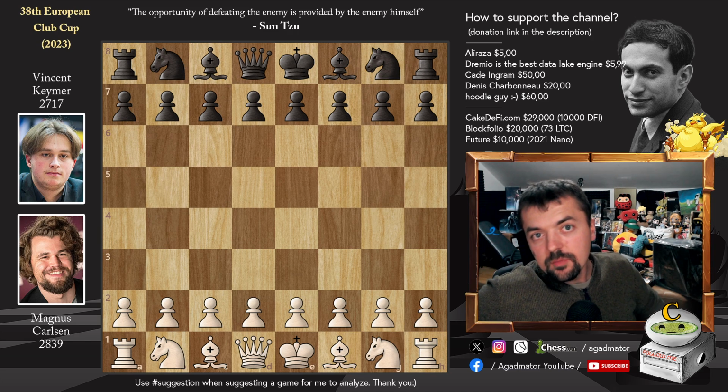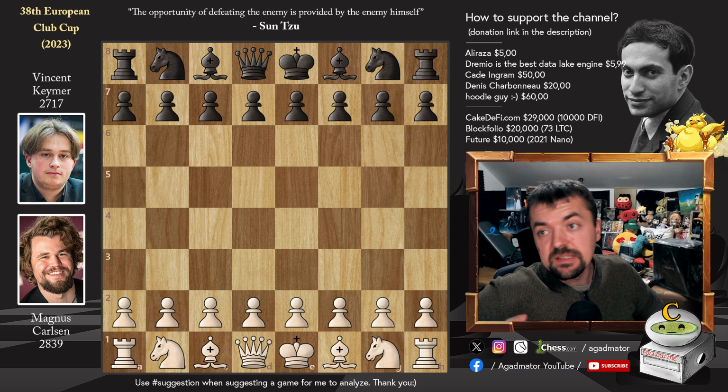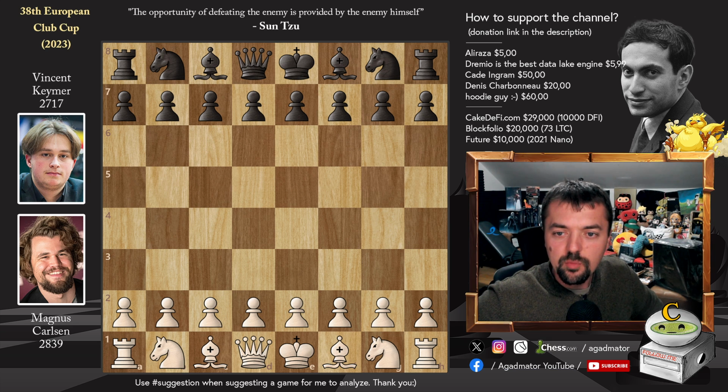Hello everyone and welcome to another very nice game from round 5 of this year's European Club Cup. It is Magnus Carlsen versus his first opponent that is rated over 2700. It is Vincent Keymer representing Chess Club Novi Bor, Magnus of course representing Ofaspil, and it's a game, really a